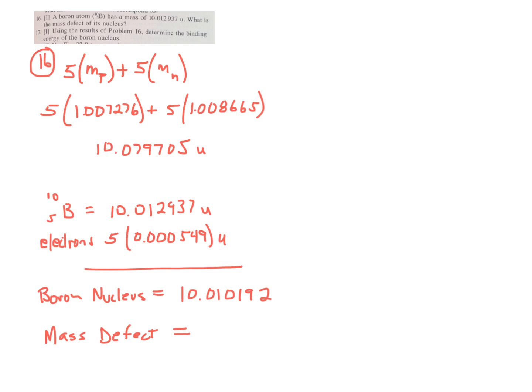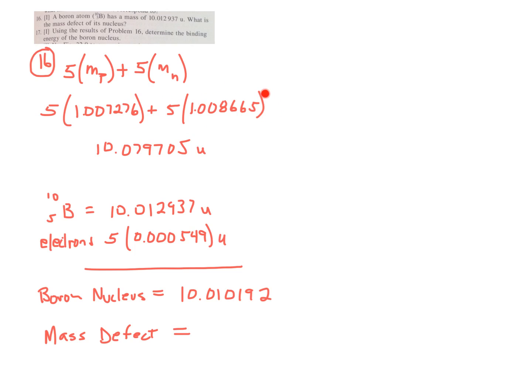Day 48, page 1134, Nuclear Physics. Here we have a boron atom with the mass given. This is what's given in the problem, that the mass of a boron atom, that's including the electrons, is that many atomic mass units. But if you take 5 individual protons up here at the top, these 5 protons plus